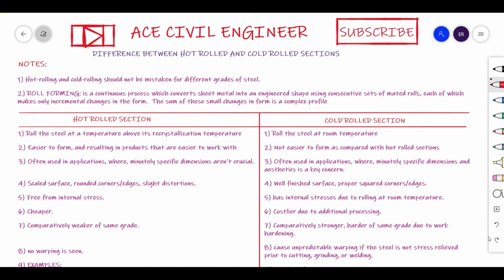Those two varieties are hot rolled sections and cold rolled steel sections. Why we should know this is because we need to save time and some raw material cost, and at the same time avoid some additional processing for attaining such materials. So this will help us to make economical designs for our particular projects, uses or needs.